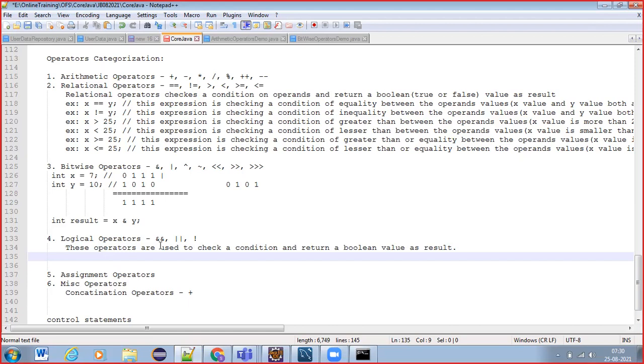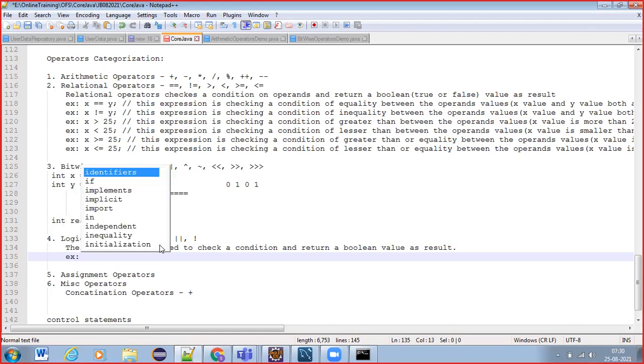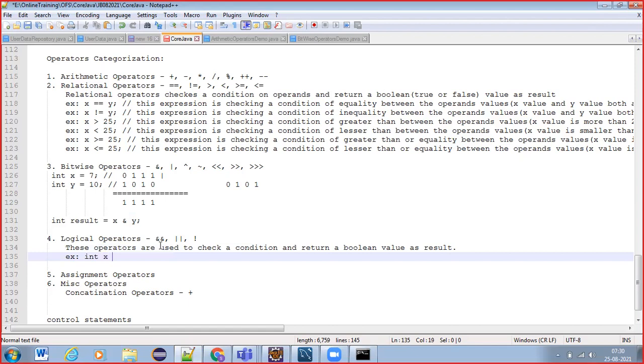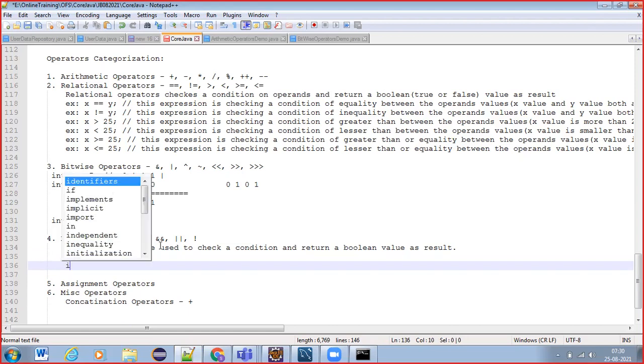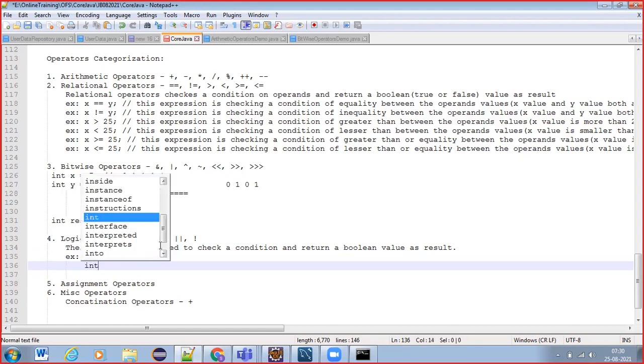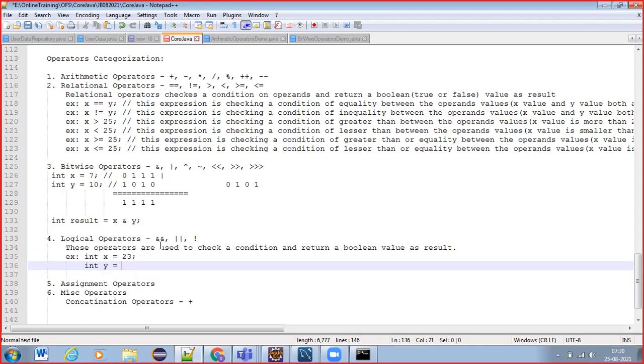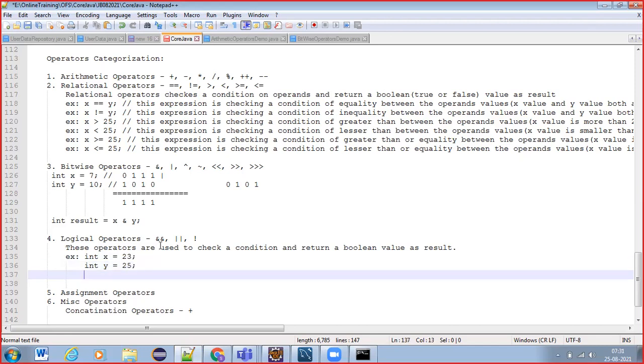Example, how we can write: let us say int x equals 23, int y equals 25.